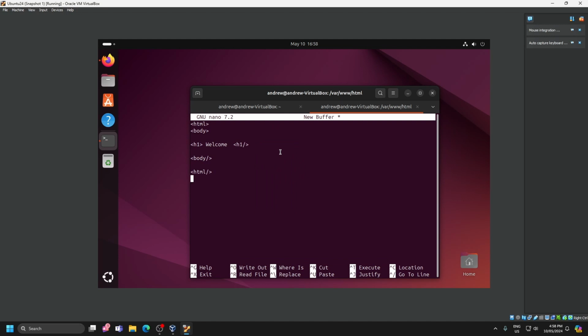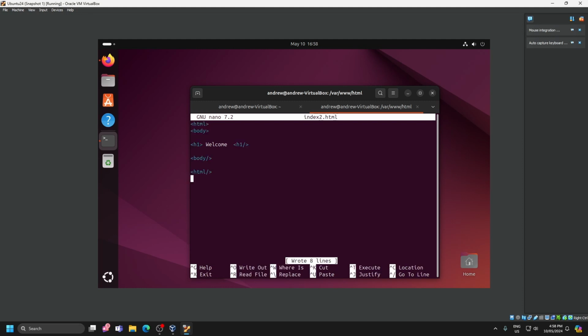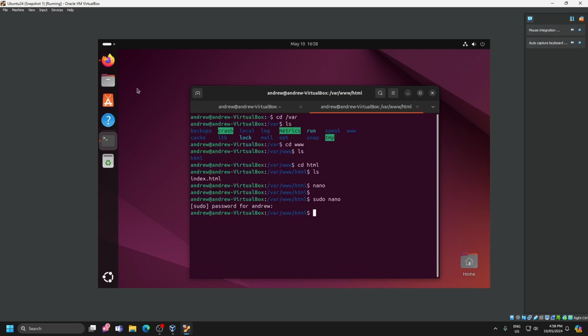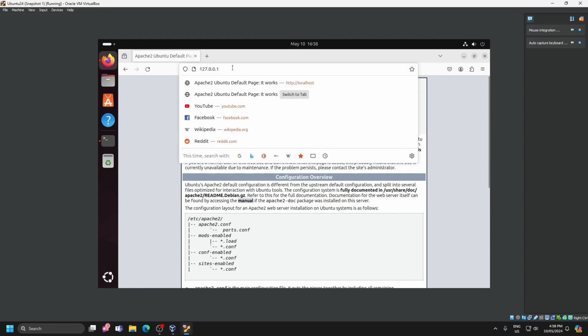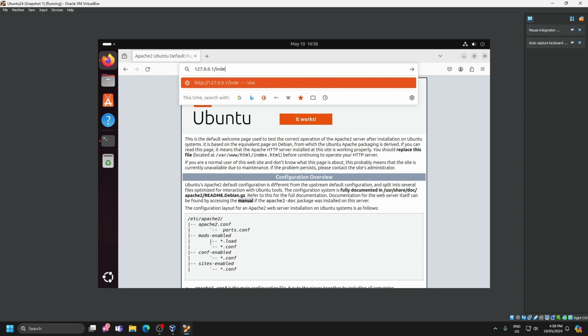And we'll write it back out as index2.html. Enter. Okay, interesting. So we'll exit out of here and we'll see if we can loop back and go to